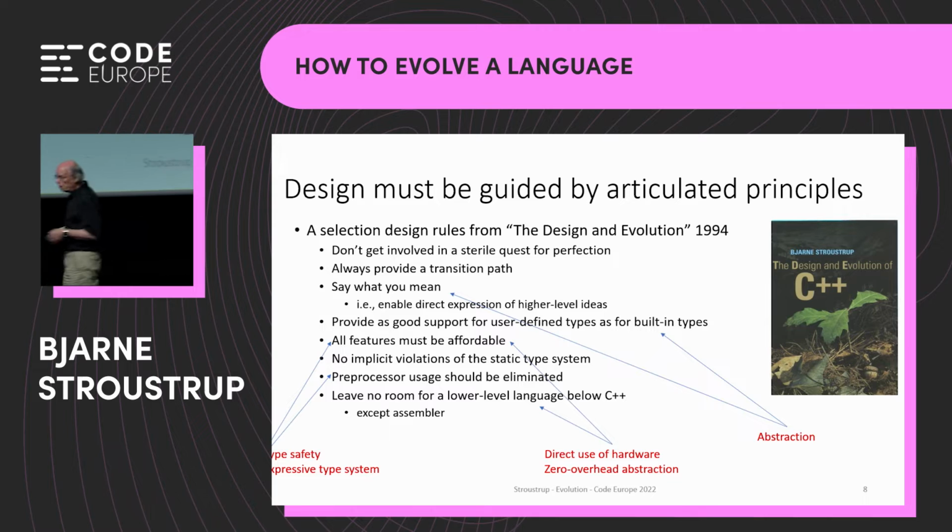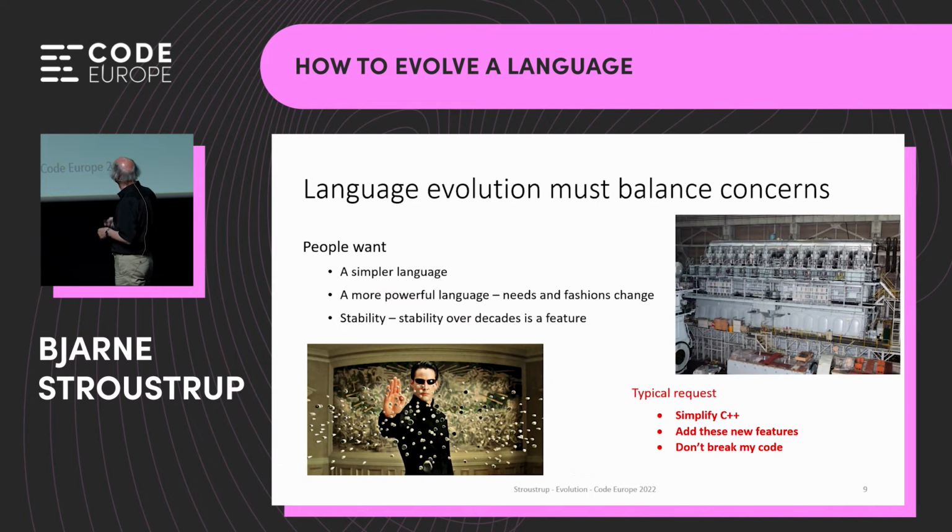And I wish more people had understood this, then our code would have been much better today. But at least we tried, and that was one of the things that stopped C++ from evolving into something really strange that wasn't particularly useful. Now, once there's a certain amount of success for a language,